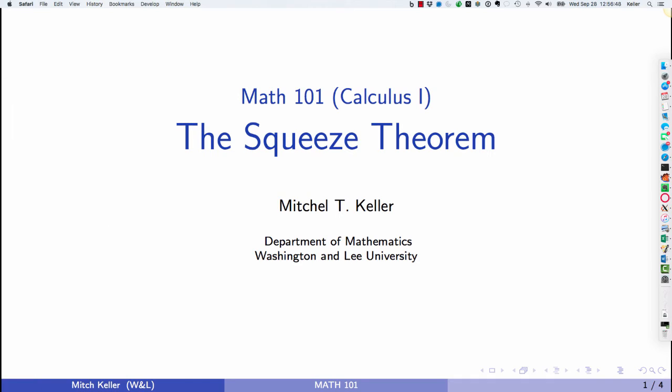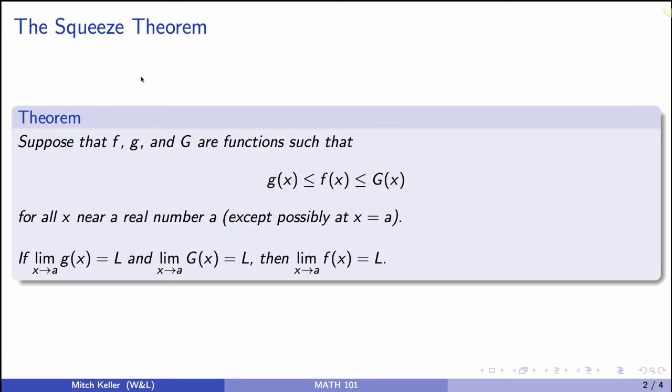So this is where the Squeeze Theorem comes in. So the Squeeze Theorem is a theorem that says if we have three functions, f, g, and big G, and we know that g of x is less than or equal to f of x, which is less than or equal to big G of x, for all x near some real number a, except possibly at a, right? If you look at the last line here, this is all about limits as x approaches a. So remember, we don't care about the values of the function at x equal to a, perhaps undefined. If we know that